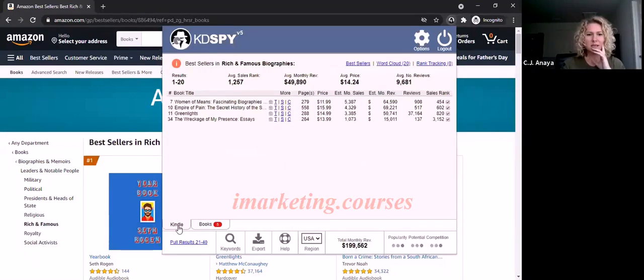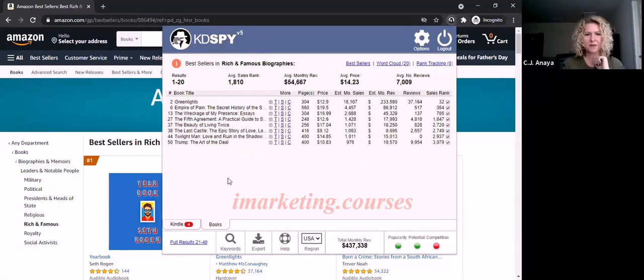And this is in Kindle. And you can also switch to this tab over here for books if you want to. Sometimes they give you both, sometimes they don't. Not really clear on why. So we've got, why is this only showing up here? Not a lot of